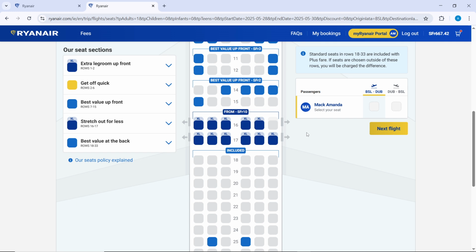Now once you're done booking your flight, let's see how to add priority boarding to your existing booking. Like I said, once you select the regular plan or a higher plan, it includes priority boarding. If it's basic, then that does not include priority boarding, but from regular, plus, and flexi plus, it includes priority boarding. But if you want to add priority boarding to an existing plan, then just go ahead and